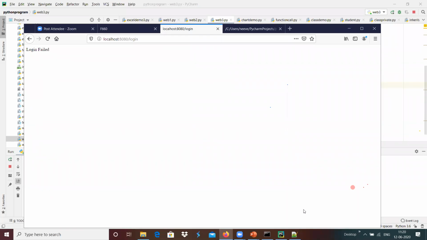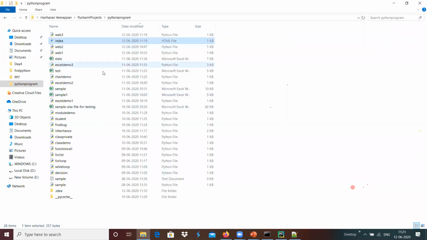Similarly, we have the options to handle the exceptions which occur in Python programming. Till now we have seen all our success cases. For example, we are trying to load the index.html, and the index.html file is present in that particular location.